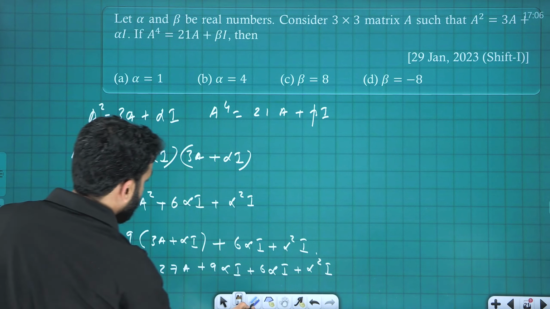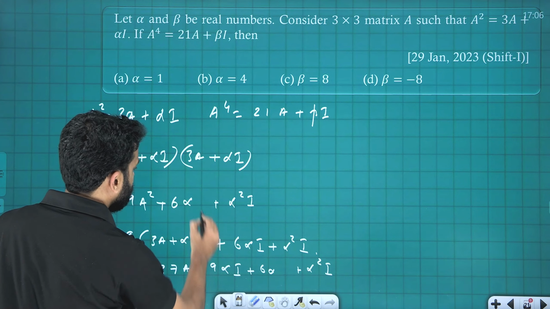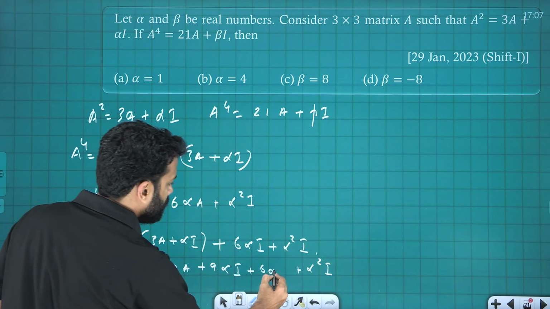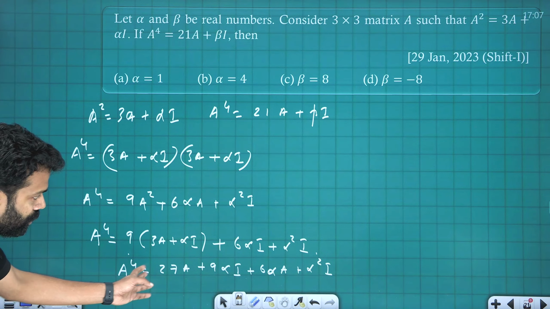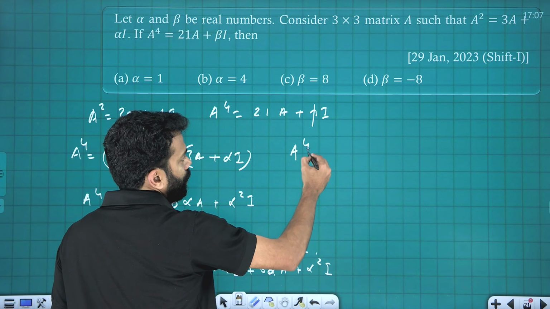Okay, 6 alpha, sorry, not I, it's a. Okay, my mistake. It is a here. Okay, 6 alpha, a plus alpha square into I. So I am assembling the terms of a and I separately. Therefore, a raised to 4 is equal to